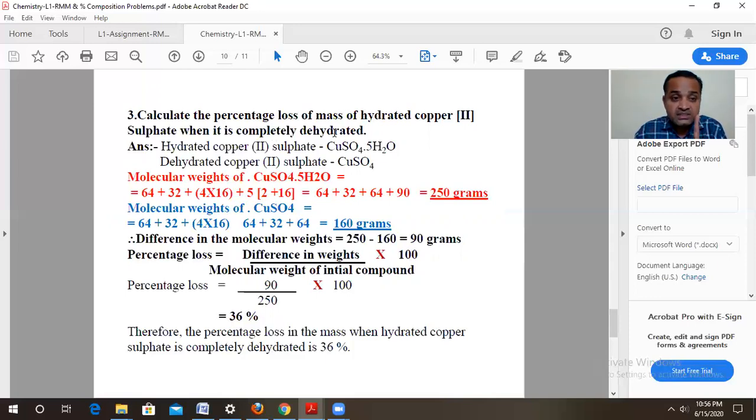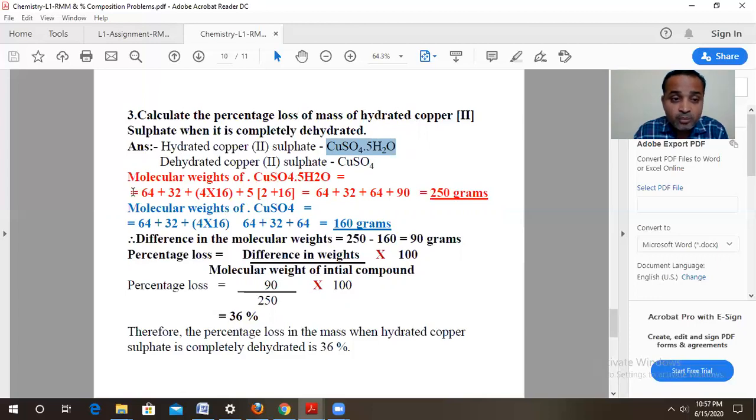So see the answer. Hydrated copper sulfate is CuSO4.5H2O. There are 5 molecules of water also associated. And dehydrated is nothing but CuSO4. It does not contain any water. So firstly find out the mass of hydrated copper sulfate. So molecular weight of hydrated copper sulfate